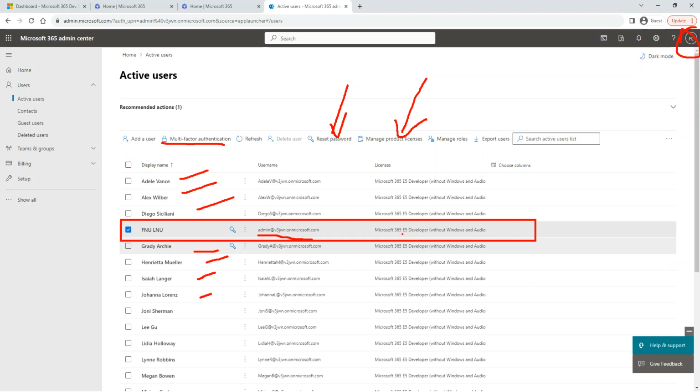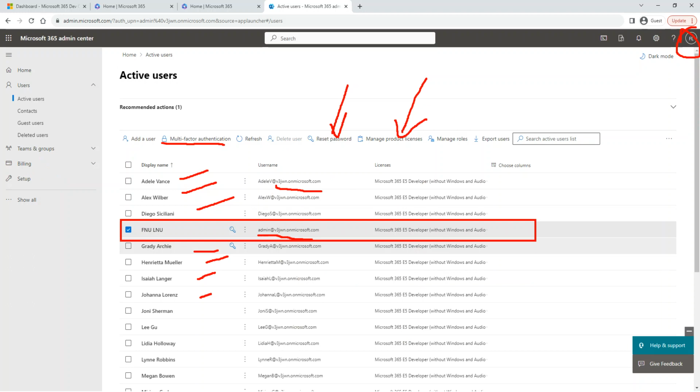As you can see here, all of the users got the Microsoft 365 developer license. We will see it all the way down in the billing section. All of the users also have the same company domain. Adele V at that domain, Diego S at that domain, Alex W at that domain.